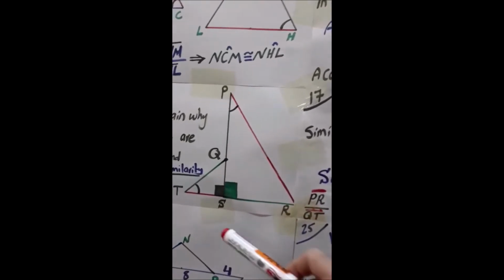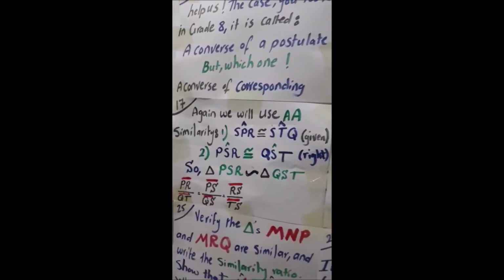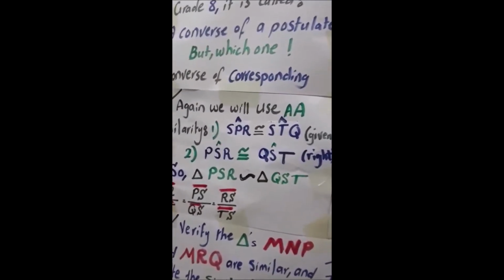Number 1, angle SPR with angle STQ, and obviously this is given, so we write "given" in front of them. And also obviously we have angle PSR, which is a right angle, with angle QST, again a right angle. So these are two right angles, so we show that these two triangles PSR